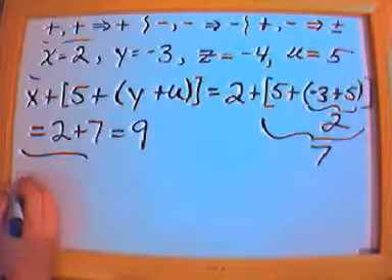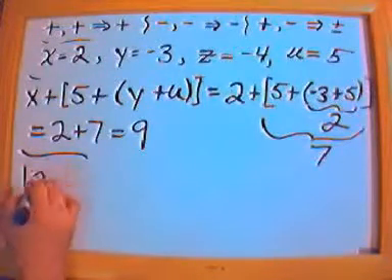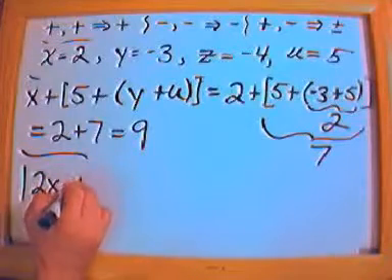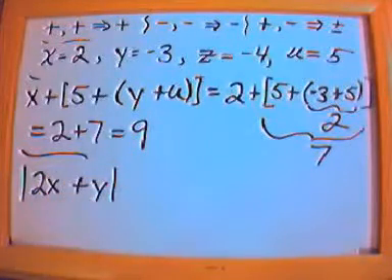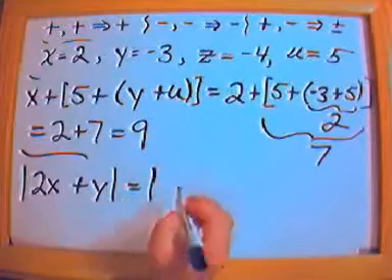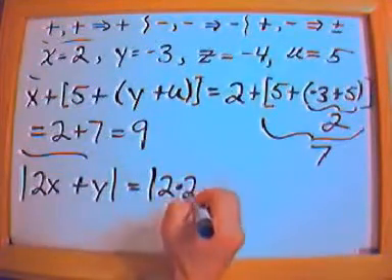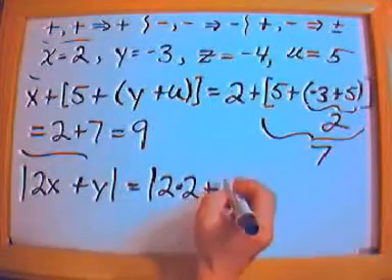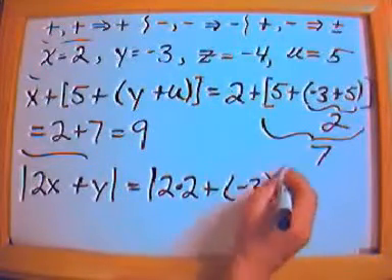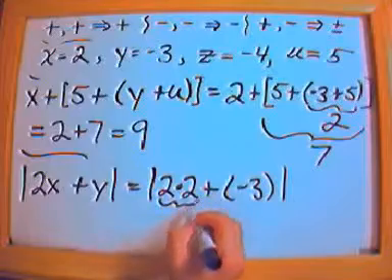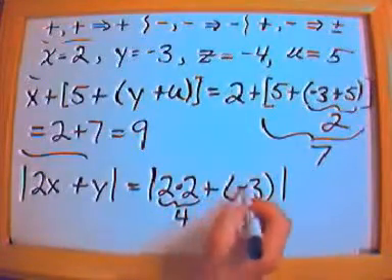Let's say we have something like absolute value of 2x plus y, close absolute value, which is going to be absolute value 2 times x, which is 2, plus y, which is minus 3, close absolute value. This is simply 4. 4 plus a negative 3,